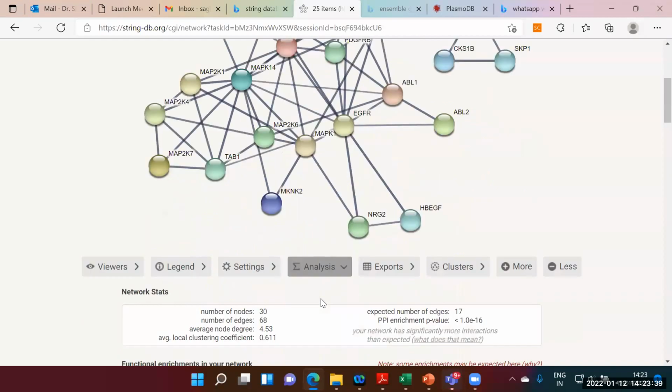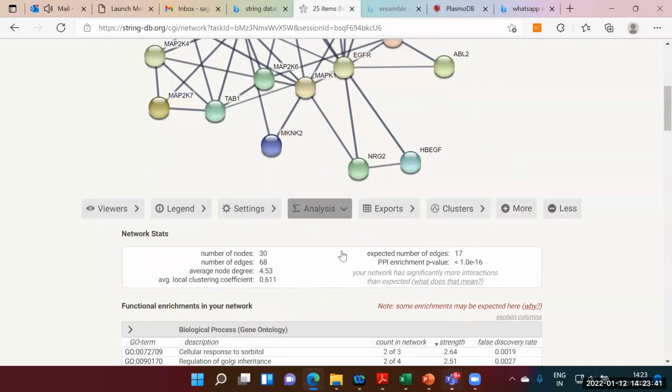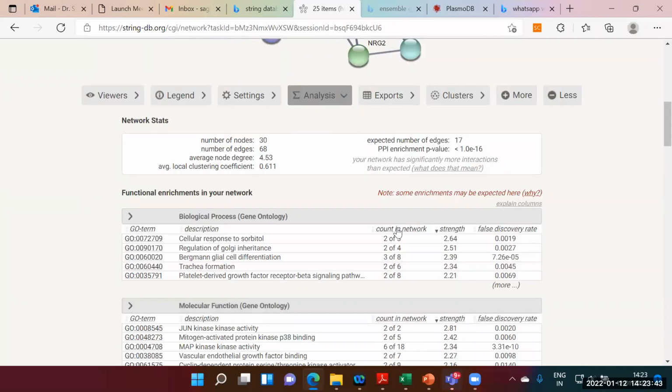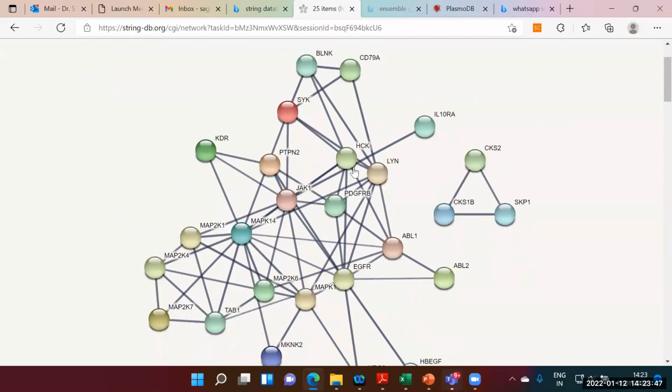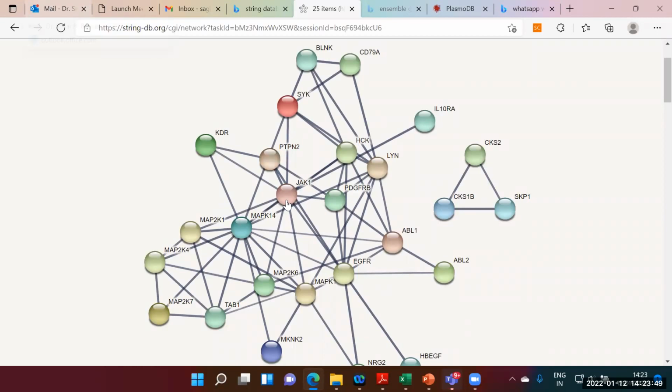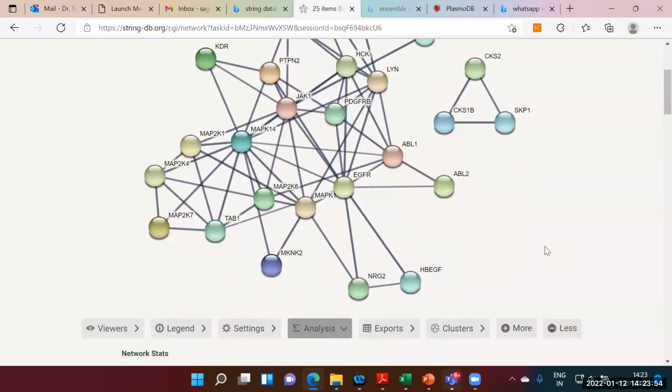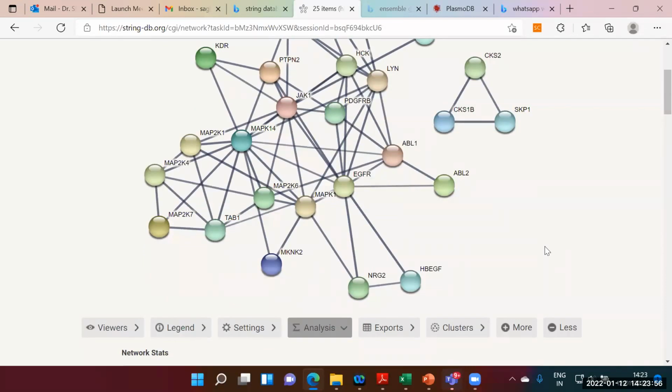And then you are able to see the enrichment. So enrichment is one of the important components for a network, because suppose you have identified a protein and you don't know the function of that protein. Suppose